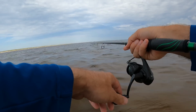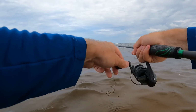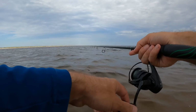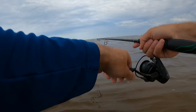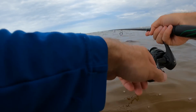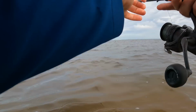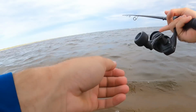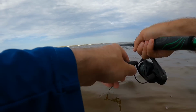If there was speckled trout in here, I think I would already have caught them. Speckled trout cannot resist a Meridine, and the fact that I have not gotten one. Oh, what is that? Baits are getting pushed like crazy up there. The fact that I have not caught one speckled trout blows my mind. And that's okay. We're gonna keep fishing. Maybe there's other stuff in here, obviously, but